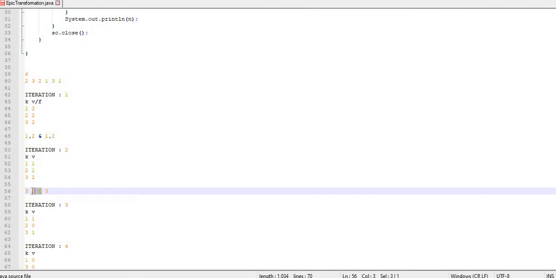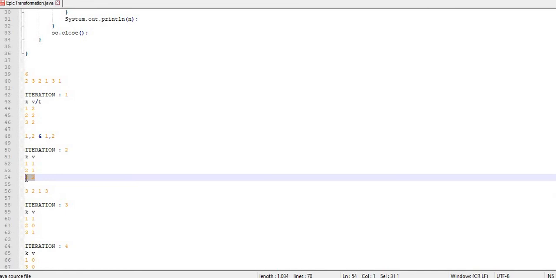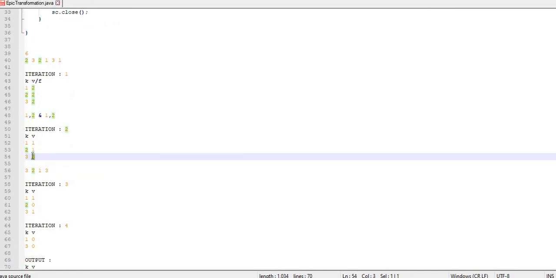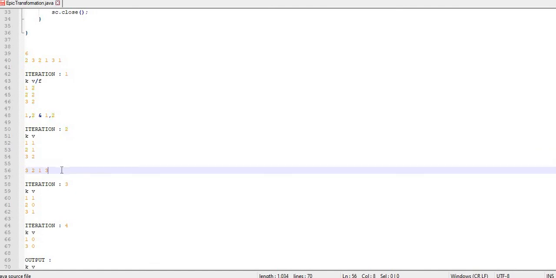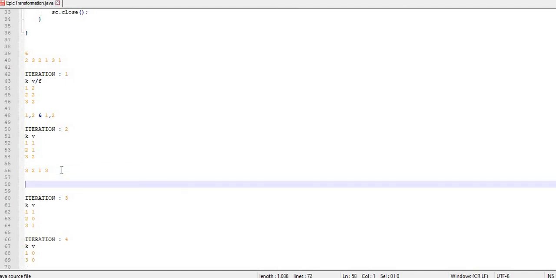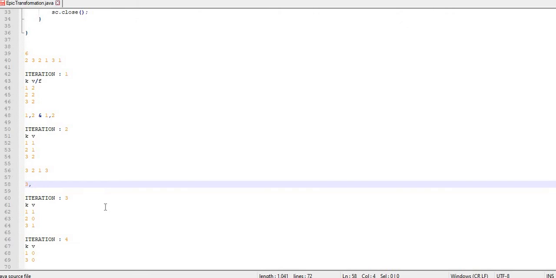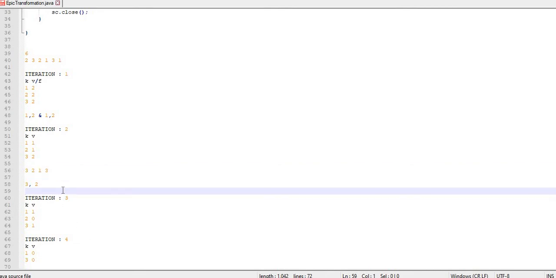Here 1 and 2 have 1 and 1 as the frequency count, and 3 still has 2 as the frequency count. Now I can take the next highest frequency element, which is 3. Again I have to select a pair. 3 is the first value, and the second can be 2 or 1, because both have the same frequency, that is 1. So let us consider 2. I can delete this 3 comma 2, and delete something like this.